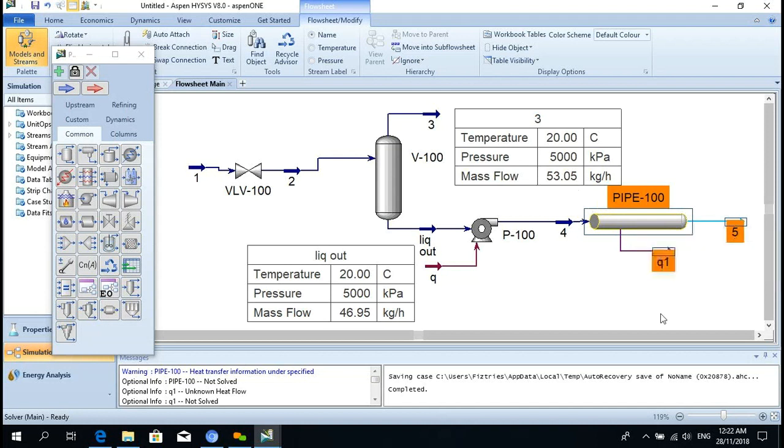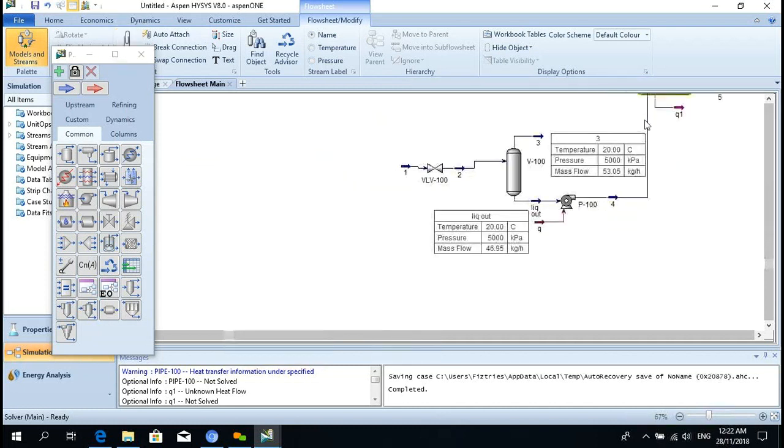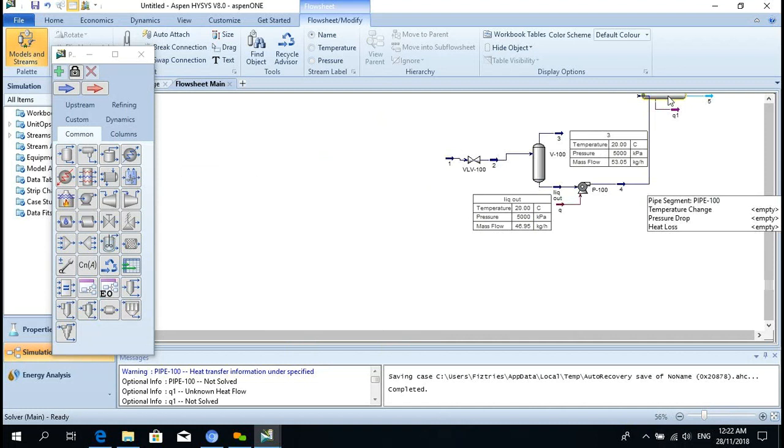Now double click and define the pressure at 5, because we talked before that a pipeline is designed based on the pressure drop. If we know the inlet pressure and how much pressure we want at the outlet, then based on that, with this flow, we select the size.